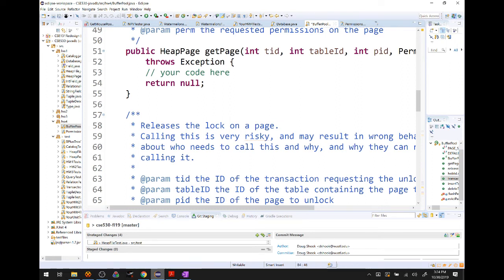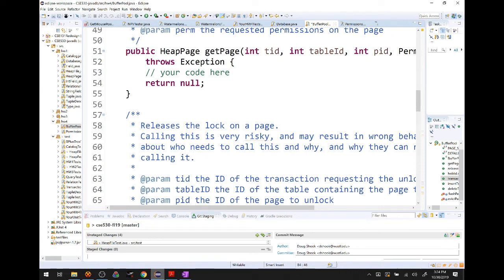If parallel programming is not your thing, if you don't like it or you don't know how to do it, don't worry about it. You can do everything in serial. That's totally fine. You'll get full credit. No problems there. But this homework assignment really, I think, is a lot more interesting with the parallel stuff involved. So give it some thought, and let me know if you want to have that conversation.